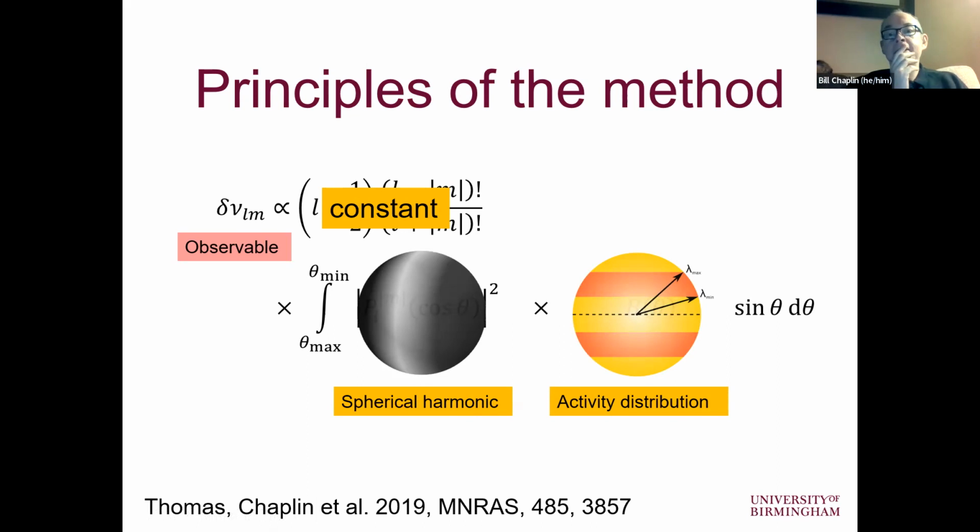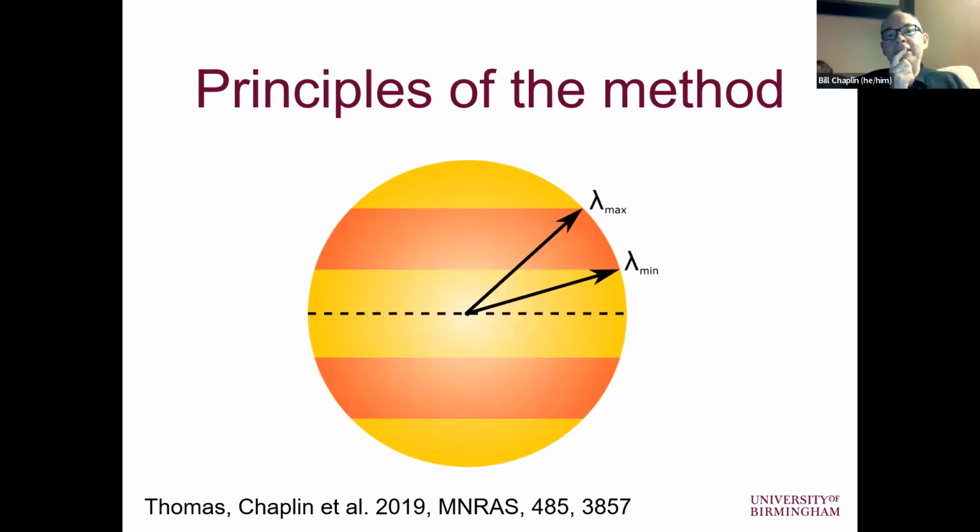Okay. So if we've got this observable, we know which modes we're using. So in principle, we can unpick this activity distribution. But of course, we have to constrain things and simplify the model, so we've got a shot at saying something meaningful. So what we've done here is to do this analysis assuming that we're modeling the active region, the bit where we get the perturbation, as a slab of activity, that's the orange bit here, that runs between some minimum and maximum latitudinal angle.